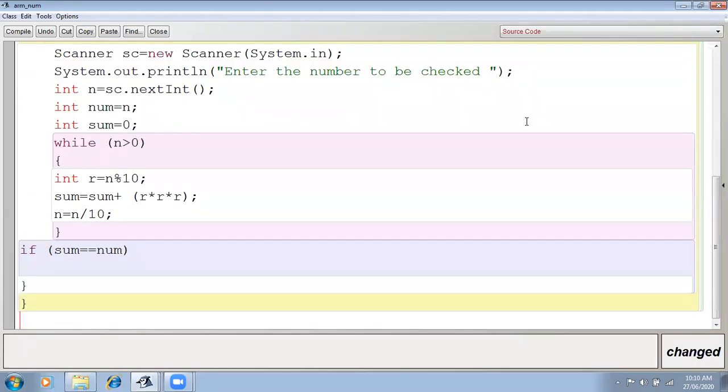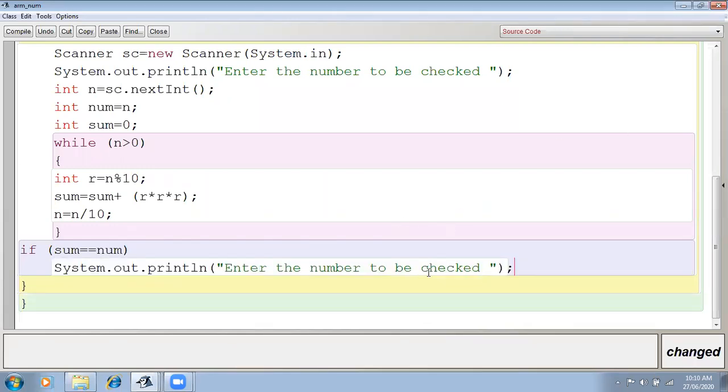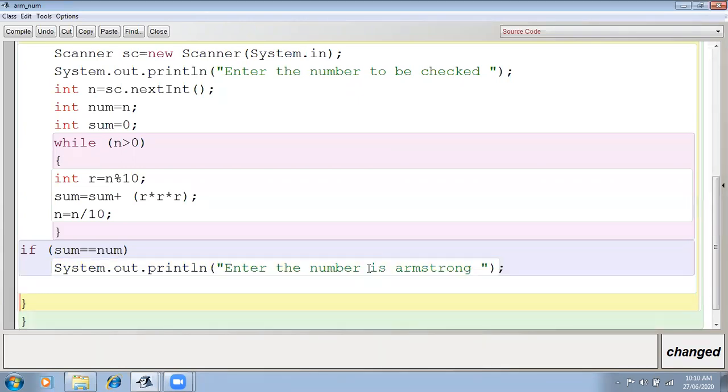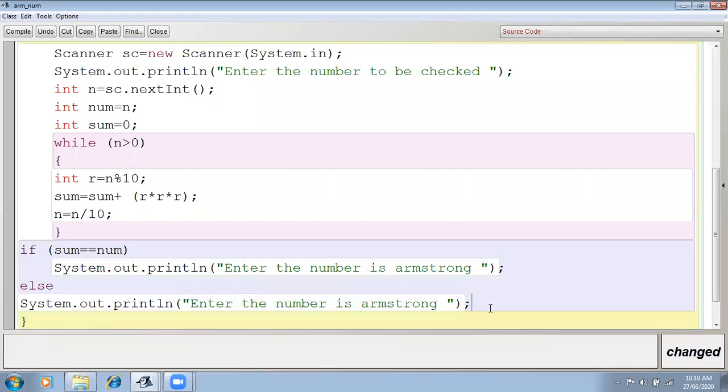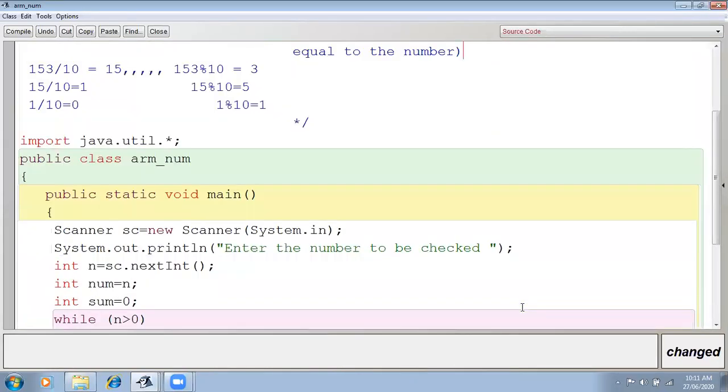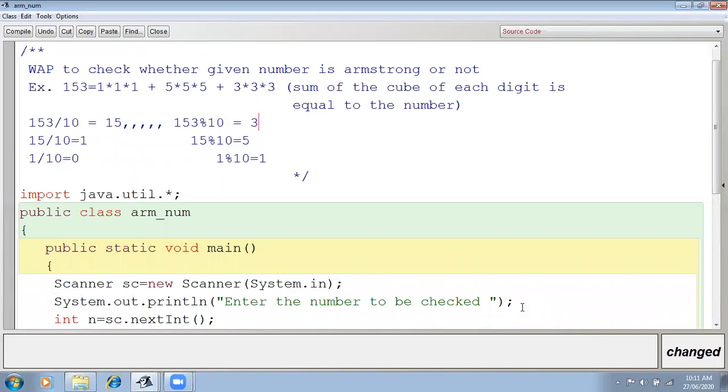System.out.println entered number is Armstrong. Otherwise, else System.out.println number is not Armstrong. Or any other appropriate message if you want to display, you can display.